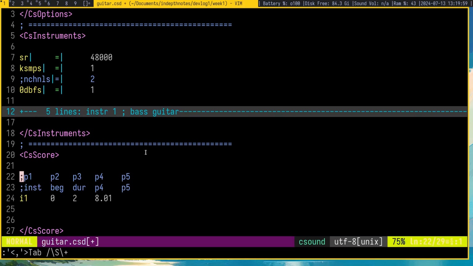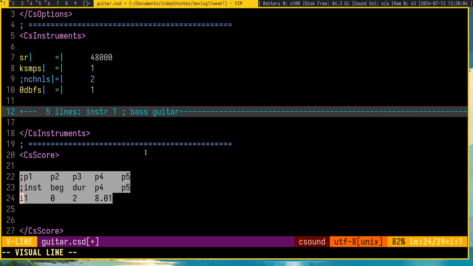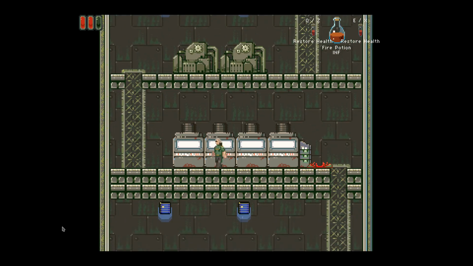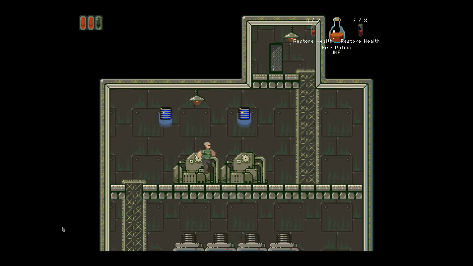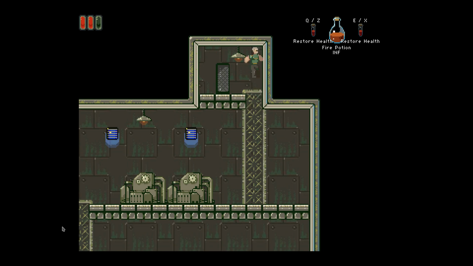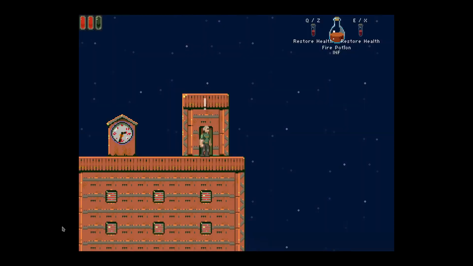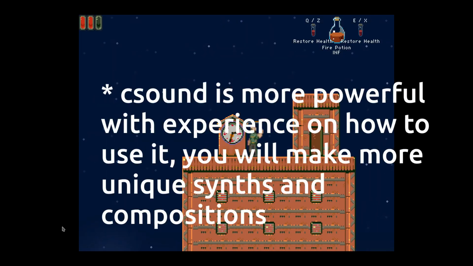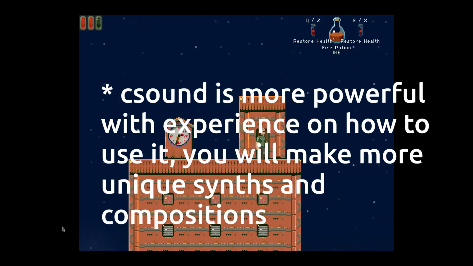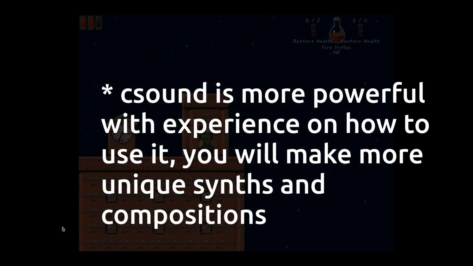Learning CSound in general, I think is quite technical, very sound design based, and the community is not as active as Fruit Loops. Fruit Loops? I think Fruity Loops. Fruit Loops is the cereal. Yeah, FL Studio, Fruity Loops Studio. It's not going to be as popular as that, but I think with time it would be more powerful. And it's free and open source, obviously.